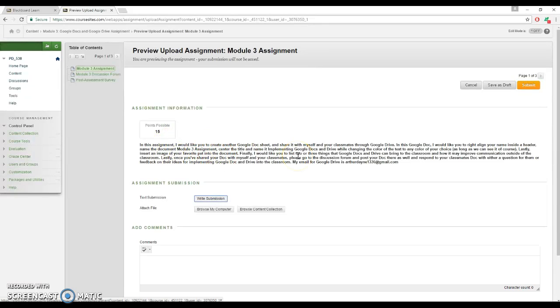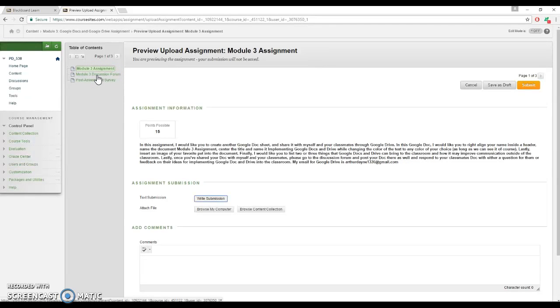basically in this assignment I had them do a few other things that wasn't in the last assignment, like creating a header, inserting an image, changing the color of the text, as well as obviously the biggest part was using the Google Drive function. And I told them my email, and then they could get in contact with one another in a discussion forum. And of course I have the discussion forum set up just like I did in Module 2,